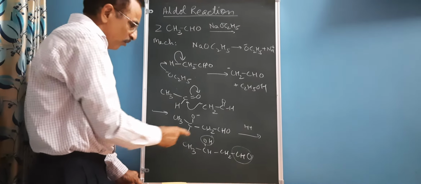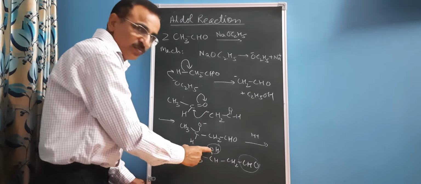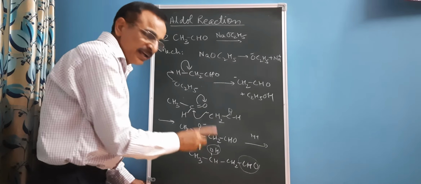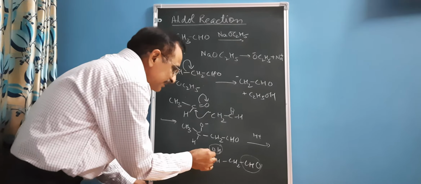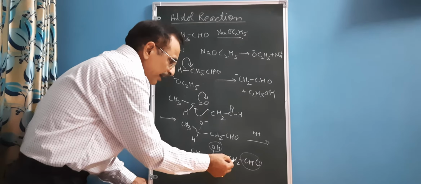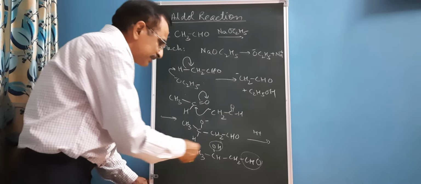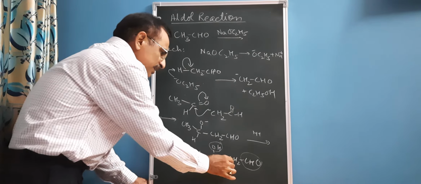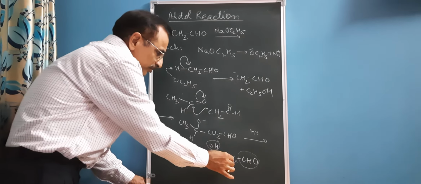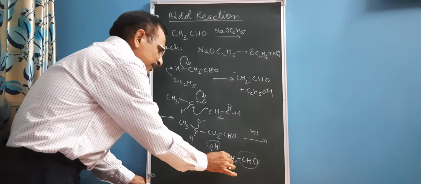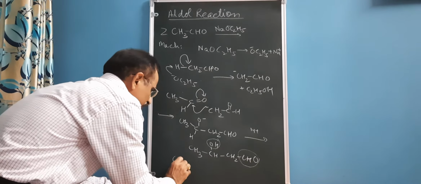But remember, whenever this aldol product is formed, this molecule is unstable. On heating, it loses water molecule. And here OH is lost and one hydrogen either from this carbon or from this carbon. But according to Saytzeff rule, here number of hydrogen is less as compared to this methyl. Therefore, hydrogen will be lost from this carbon, and that one will result in formation of this product.